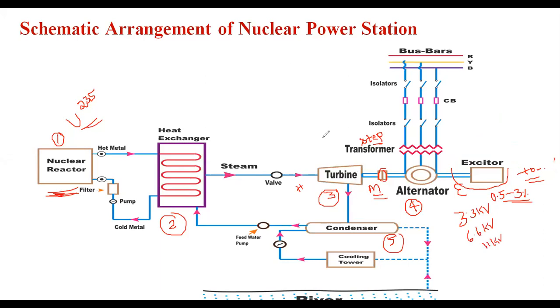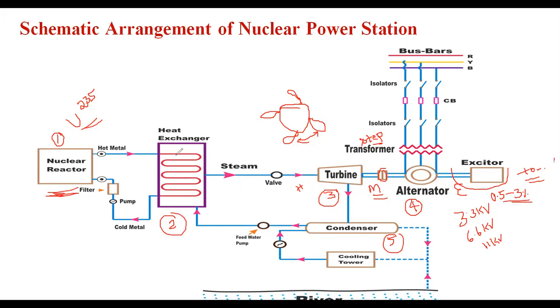And in the turbine, there are two types of turbine. One is the impulse turbine, another is the reaction turbine. In a nuclear power plant, we use the impulse turbine. That is, from one blade to another blade, a gap is available. Here the steam is wasted. That is the maximum amount of loss in the turbine. That steam is collected in the condenser, and the vapor is converted into water, which is circulated to the cooling water and sent again to the heat exchanger with the help of the feed water pump.